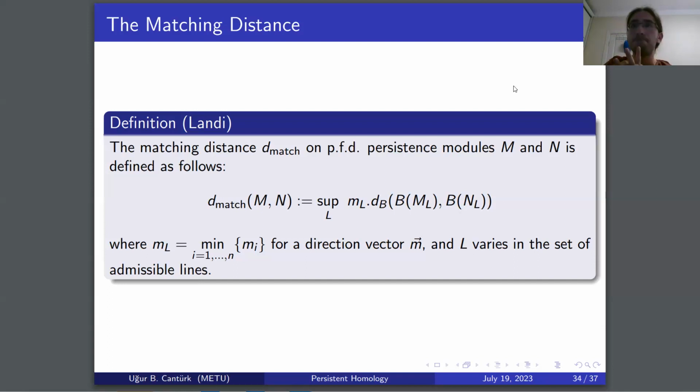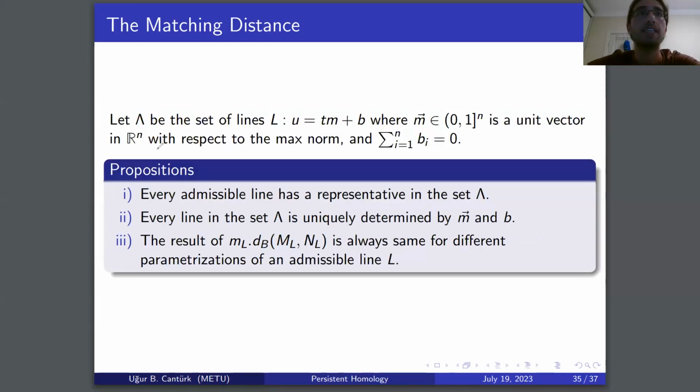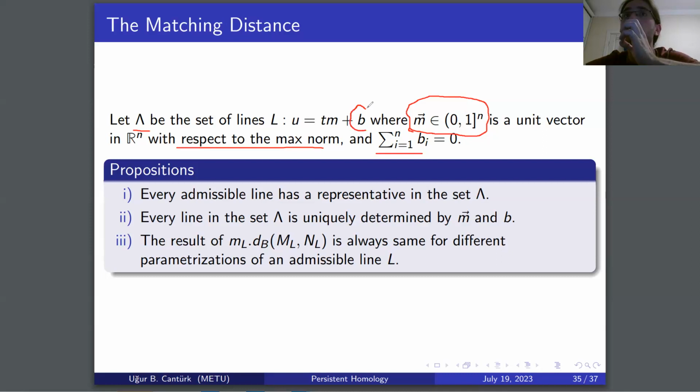let's say, instead of for an admissible line, we can obtain different parameterizations, and for different parameterizations, we are obtaining the same matching distance. So instead of the set of admissible lines, we can restrict that set to some other set, which is the set Lambda with two or three more properties. Here we are just restricting m to take values from 0 to 1 in each coordinate, with respect to the max norm, and the sum of the coordinates of b, which is the sum of the b_i's, is just